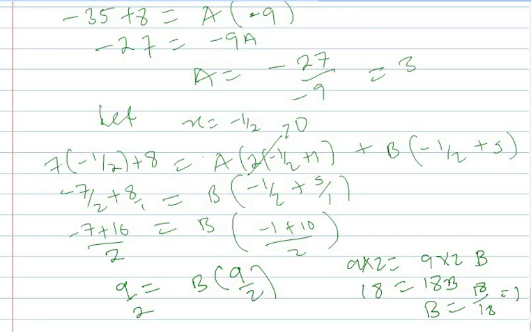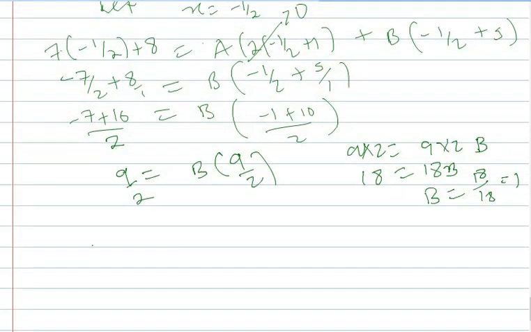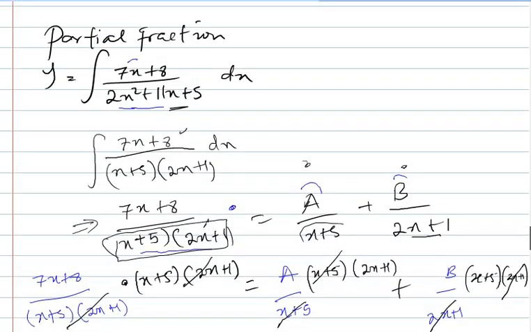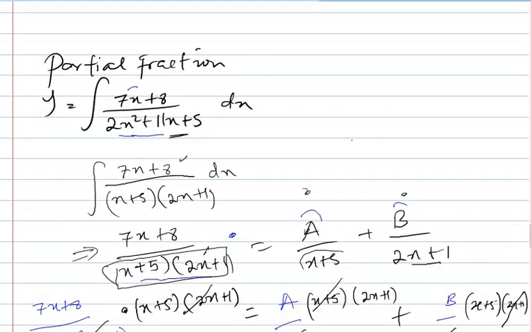So finally we have the value of A is equal to 3, and the value of B is equal to 1. So as you see, both processes are the same. It's left for you to choose which one you are going to use. Since we got the value of A and B, we can just come back to our normal equation. We agree that this equation should be equal to this. So we have A as 3, all over